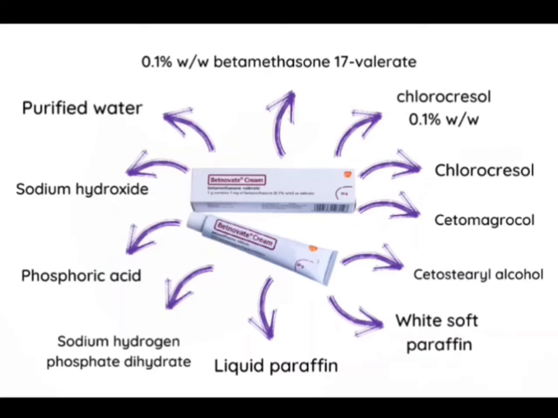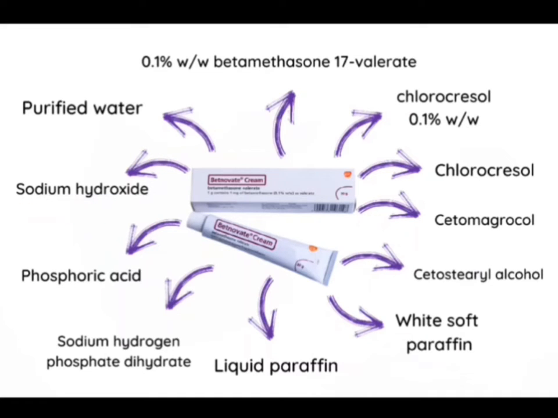psoriasis, and dermatitis. It is a smooth white cream containing 0.1% weight over weight betamethasone 17-valerate in a water-miscible cream base. Dosage cream also contains chlorocresol 0.1% weight over weight as a preservative. The excipients include chlorocresol, cetomacrogol, cetostearyl alcohol, white soft paraffin, liquid paraffin, sodium dihydrogen phosphate dihydrate, phosphoric acid, sodium hydroxide,